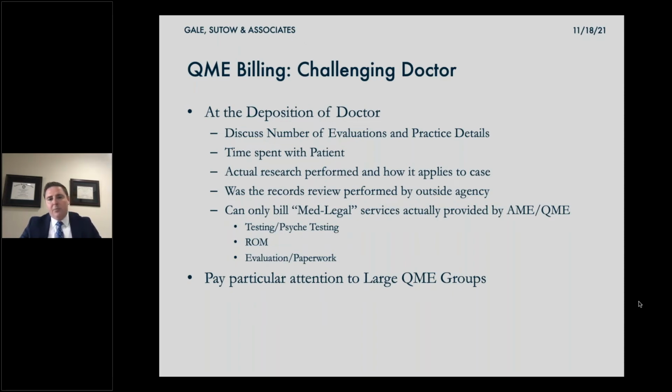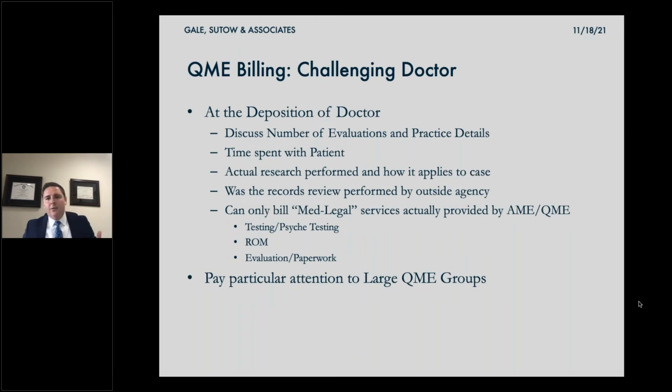And like I mentioned before, whenever you get that bill in, take a look at the bill. If the doctor said, oh, well, there's an outside company that performed the records review, some doctors put that right in their medical report, but then they still bill for the entire time that they spent. Well, that's not proper. They can't bill for clerical staff time spent preparing certain medical histories, or if the clerical staff themselves maybe even perform range of motion testing, but the QME billed for it. So look out for some of these things.